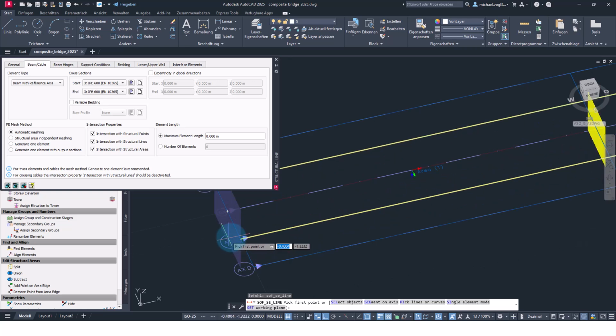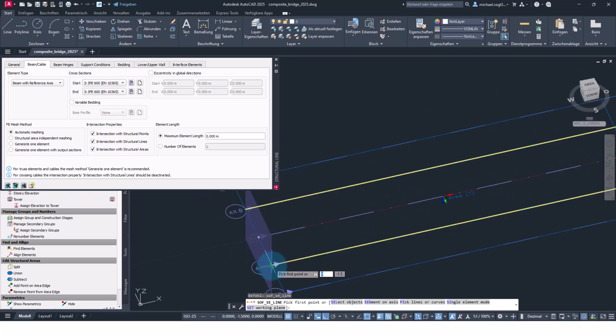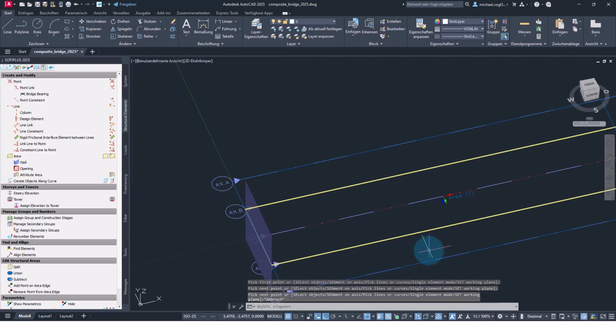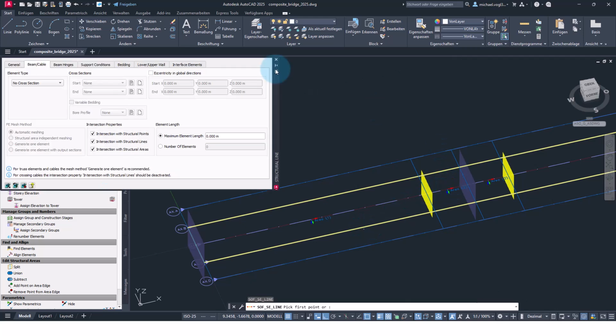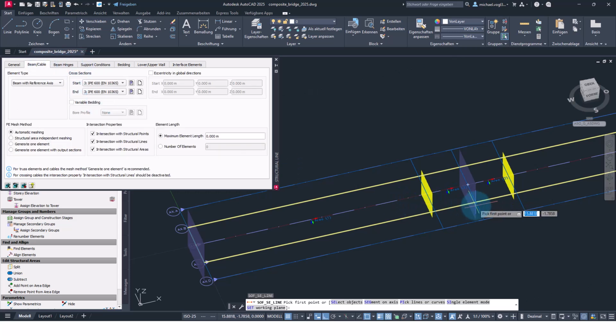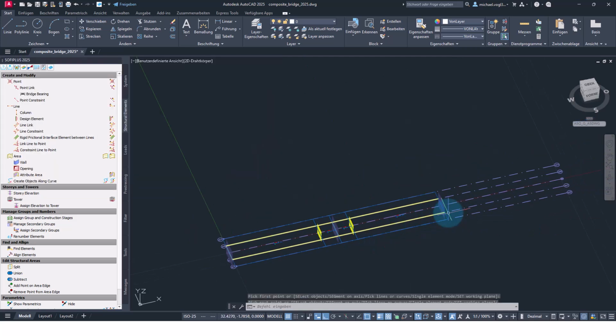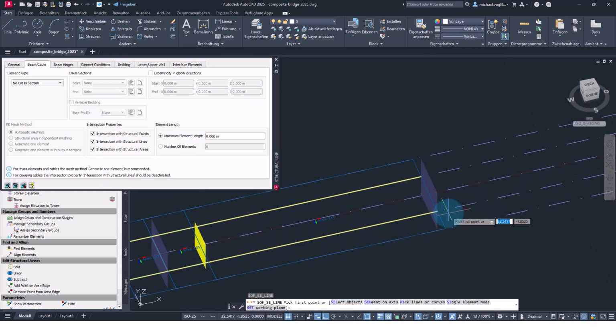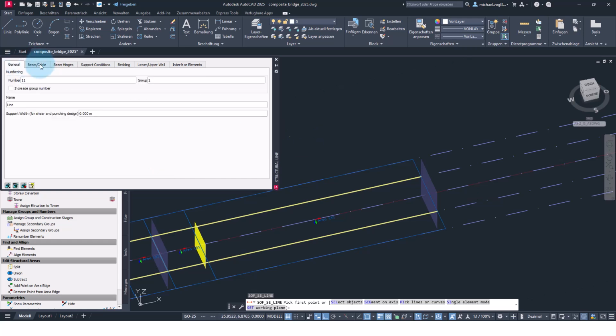Okay, and then create a structural line at the first abutment, then same thing at the inner support, and same thing at the second abutment.